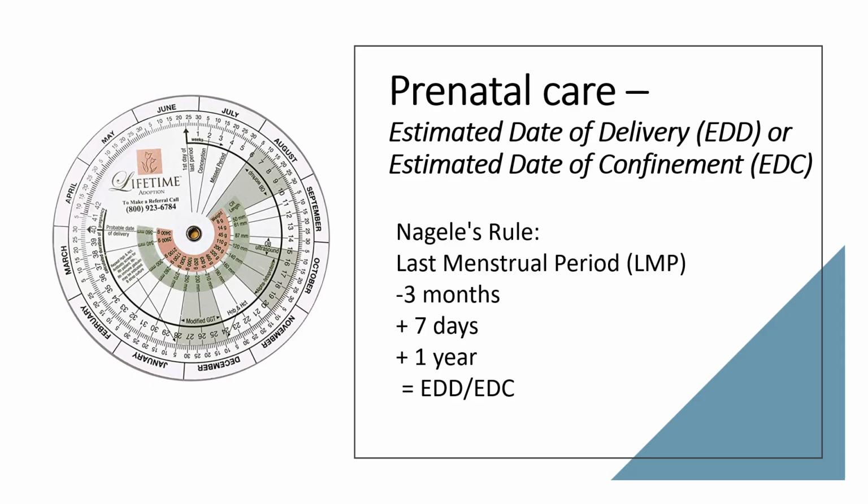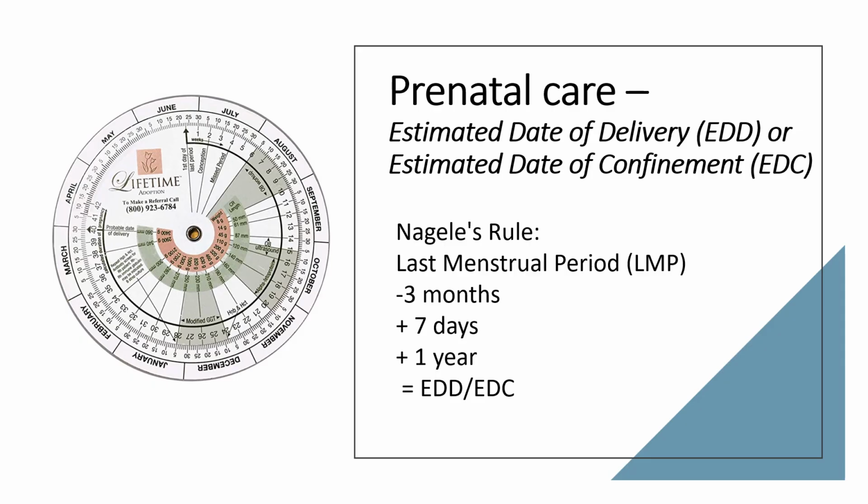Sometimes we say, what's her EDD, what's her EDC? So in order to determine that, we use Naegele's rule. In order to determine her due date, we need to know her last menstrual period. When we ask the patient when her last menstrual period was, we can formulate her due date based on